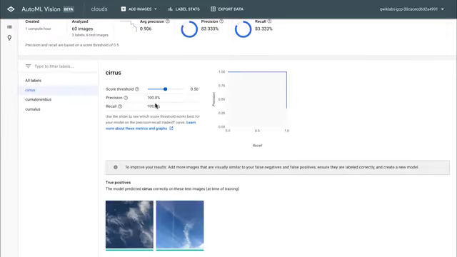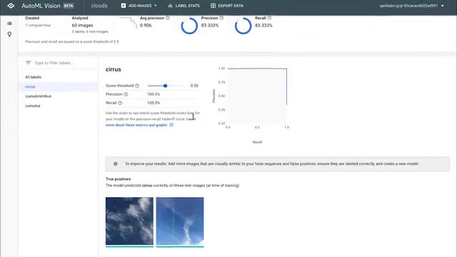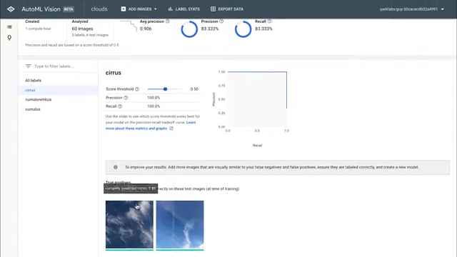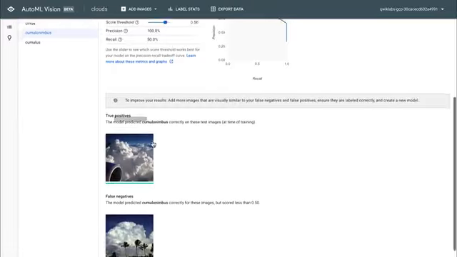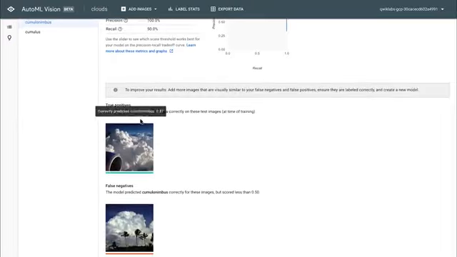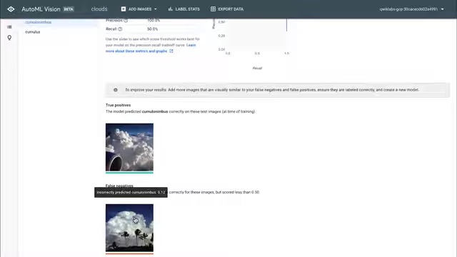Select the cirrus class, and you'll see both the true positives and any false positives or false negatives. In this case, all of the cirrus were classified correctly. However, for cumulonimbus, some of the images were classified as true positives and others were classified falsely as negatives.